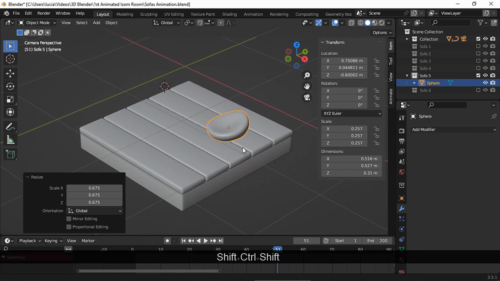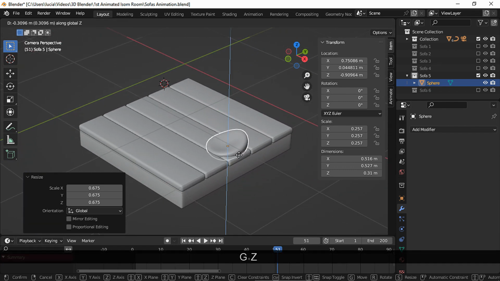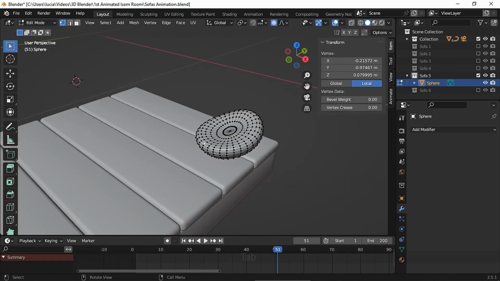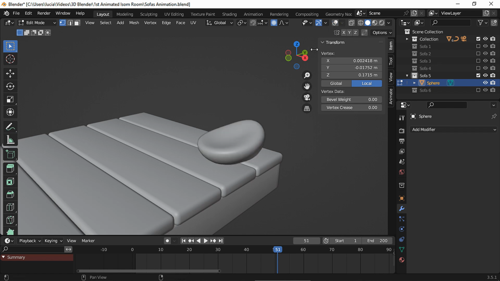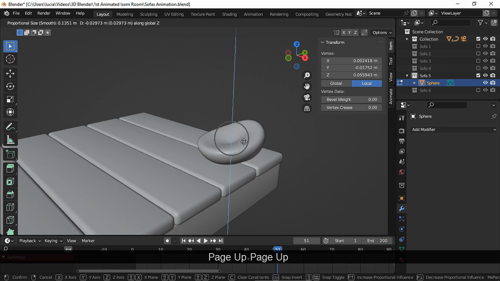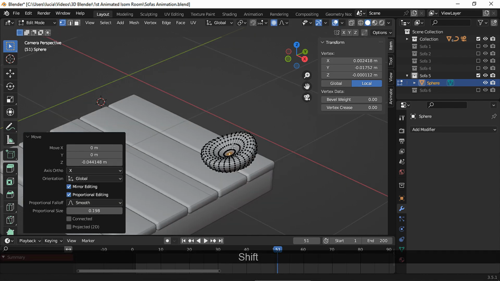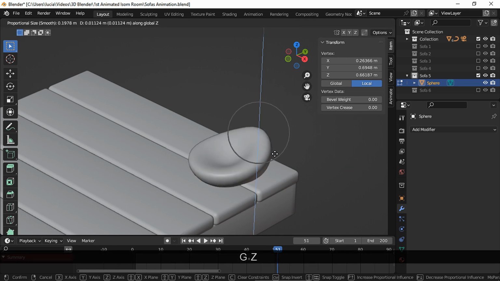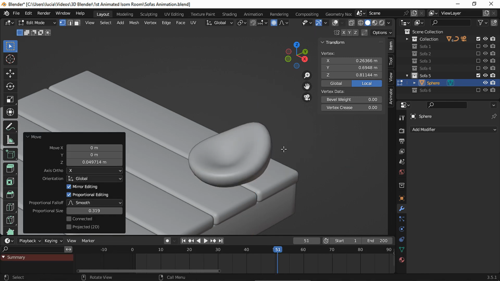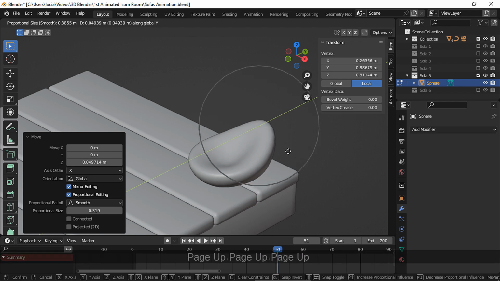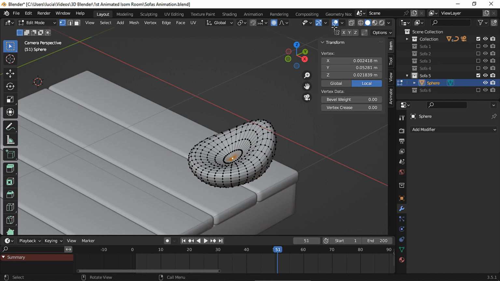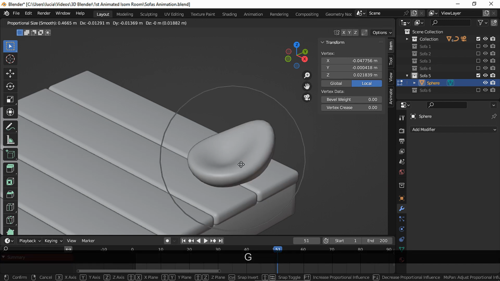Let's go to camera view and I'm gonna finish placing this sofa. If you find the modeling process a bit hard, there are other tutorials on YouTube on how to make this type of sofa. Okay, back to edit mode. Select this middle vertex again and move down on the Z-axis. Let's enable overlays and now select this top vertex and move it on the Z-axis. And now move on the Y-axis to the back a bit. Now let's go back to this middle vertex and move on the Y-axis.